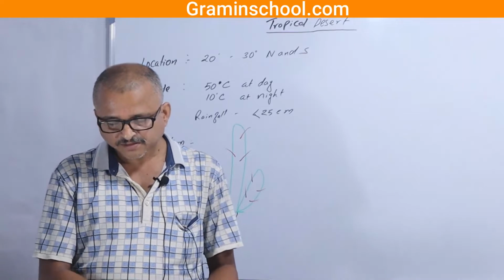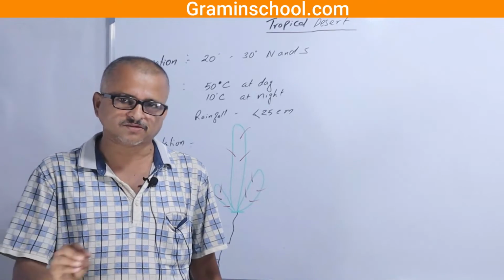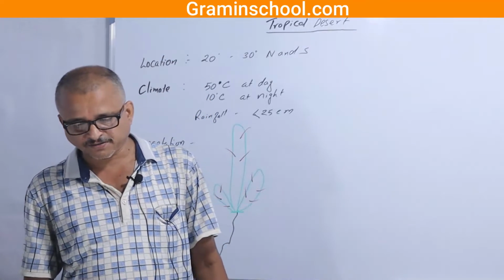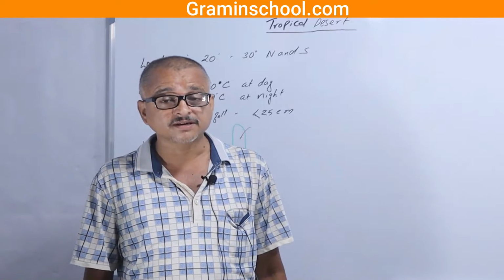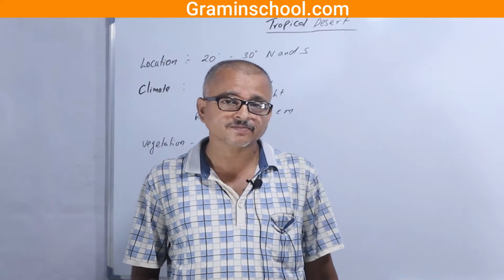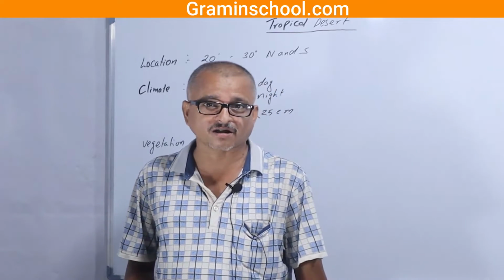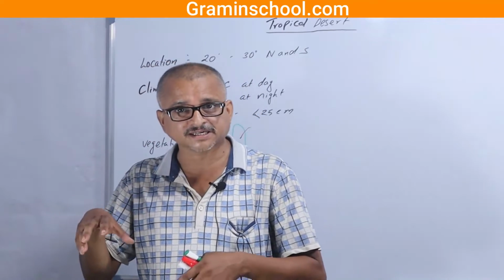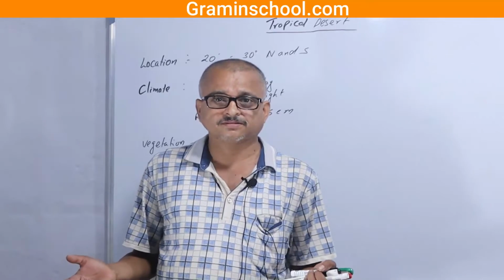Now it is divided: somewhere a rocky structure, somewhere a barren structure, somewhere a sandy structure. These are the types of soil found there. Somewhere rarely fertile soils are also found. The whole Sahara desert is drained by the Nile river, and that Nile river gives Egypt its prosperity, so it is known as the gift of the Nile. If you see the total Sahara desert, it is crossed by the Nile river. Where the river is present, there is fertile soil.